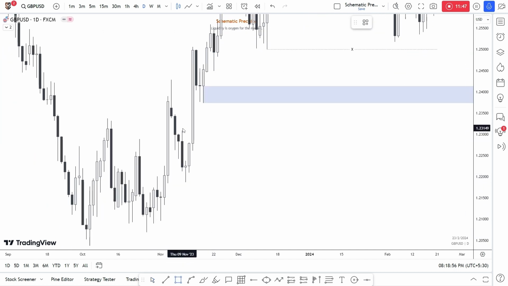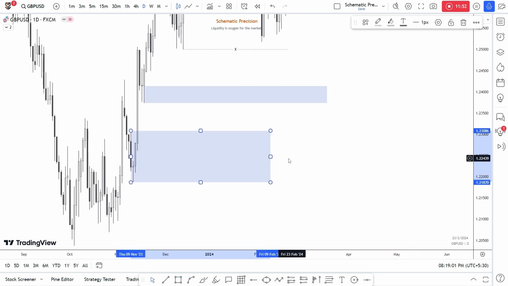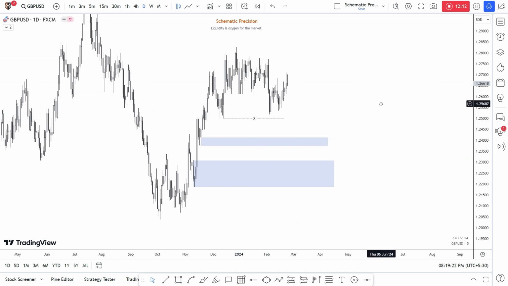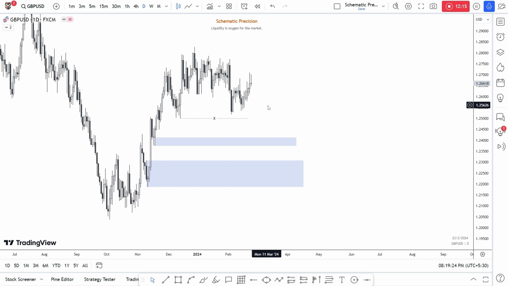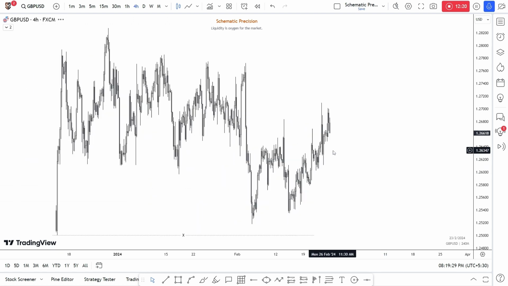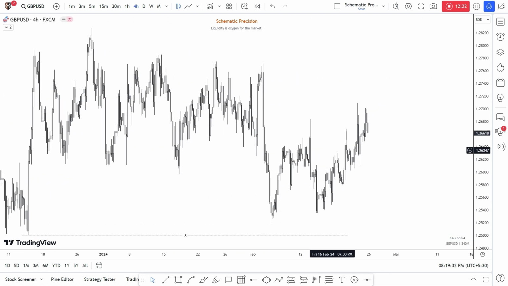And other than this, I'll consider this order flow as my extreme. I don't want to see any deeper retracements. This should be enough, because everything else, this order flow is mitigated already, so it should not come lower than this. This is the extreme POI, and this is the decisional POI, and this is on daily. So without further ado, let's jump onto the 4-hour time frame and see what's happening.